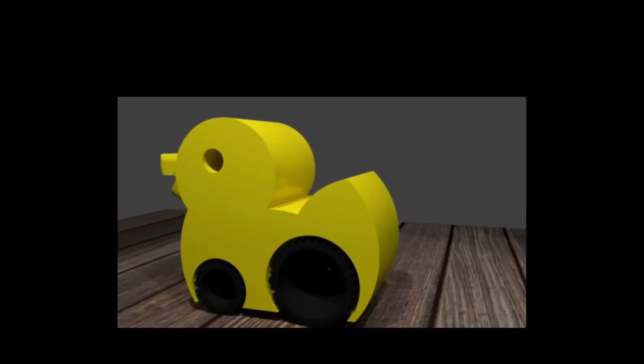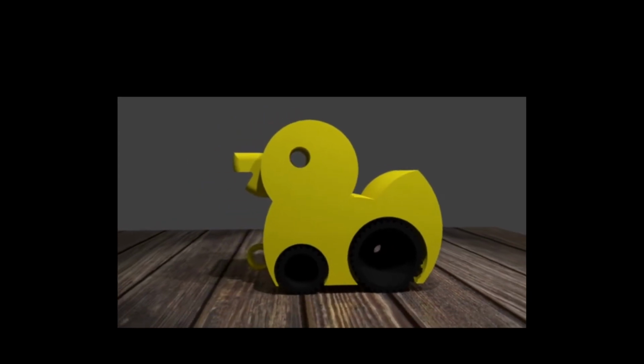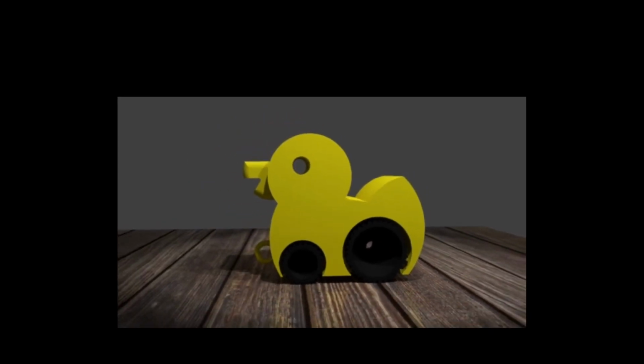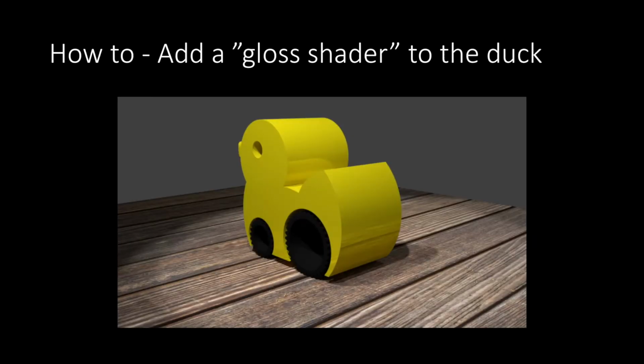And once you've got that, you can do things like animation quite well. This is not by any means advanced texture training. It's just basically a few tricks to give a little bit more depth to your particular renders. So the first thing we're going to look at is how to add a gloss shader